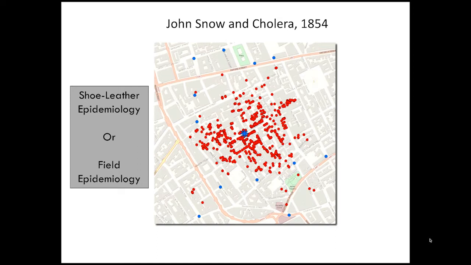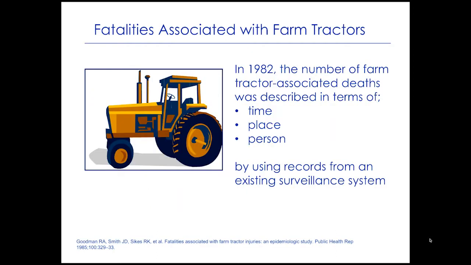To give you an example of some of the approaches for this, this is a very nice example of a real-life investigation. The reference is on the bottom, and it describes this in terms of time, person, and place. So let me review this. By the way, where did this data come from? An existing surveillance system, meaning someone is collecting this continuously, and therefore we can go back and look at any patterns of disease and trends. So this is a key phrase, surveillance systems. We'll get back to this shortly.